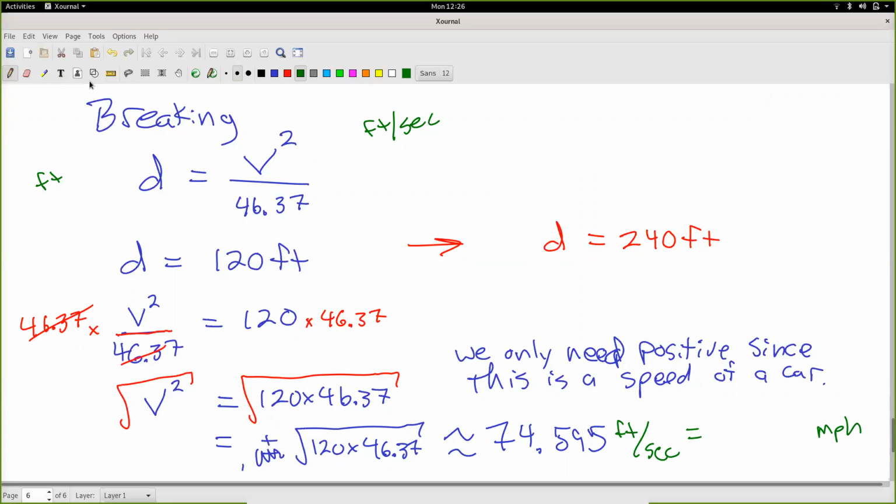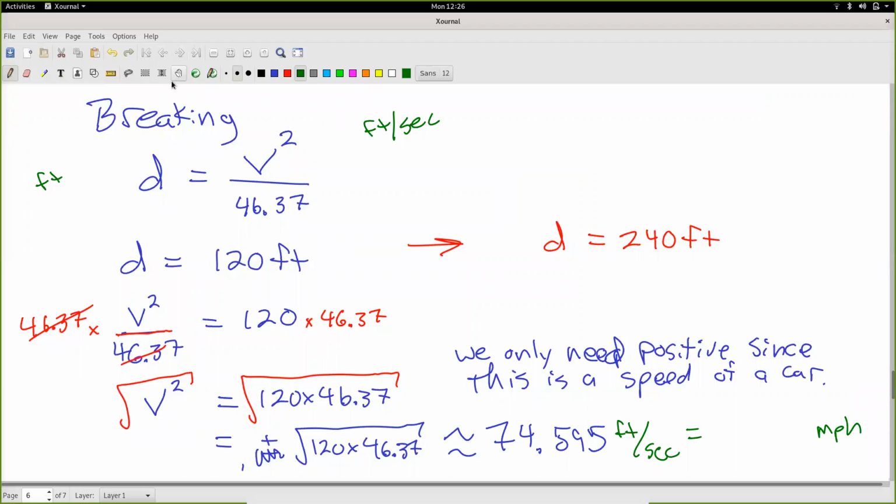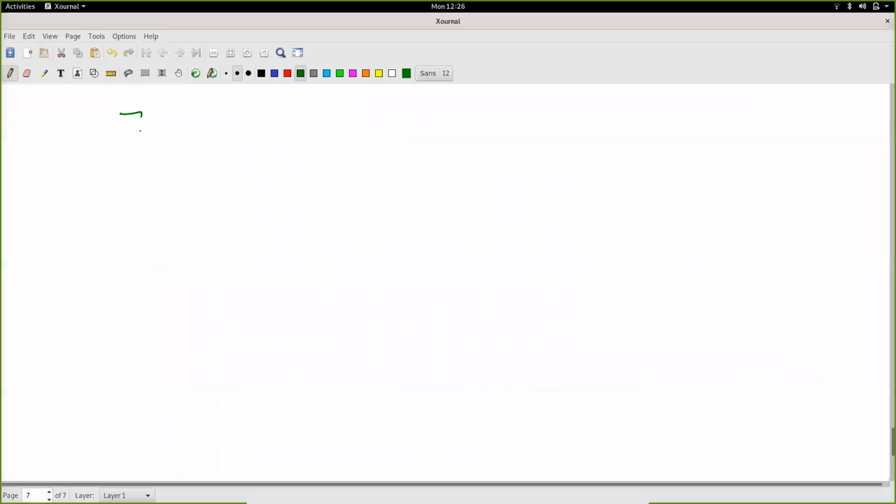And if you forgot how to do that, just a reminder, take something like, what was that again? 74.595. And I'm going to rewrite it as feet over seconds, feet per second. To change it to miles per hour, I need to get rid of feet, so it would have to go in the opposite place. So that would change to miles. And then I would also want to get rid of seconds. So since seconds is in the bottom, I put it in the top, and I can go from seconds to